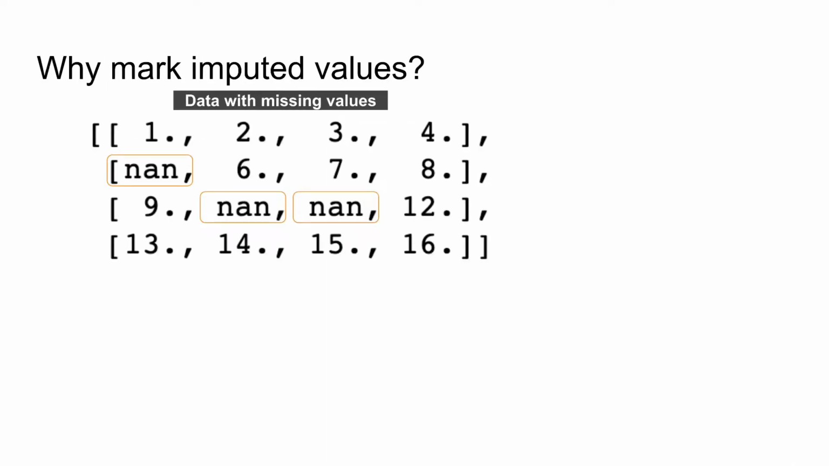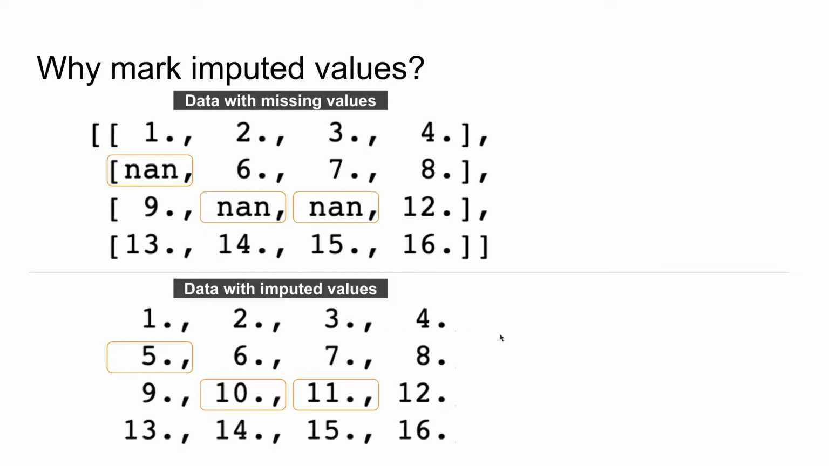Here's an example. We have this data set which has four features, four columns, and in the first three columns there are missing values denoted by NaNs in these orange outlined boxes. In previous videos we have seen methods in which we can impute, or replace, these values. So here let's assume that these are the imputed values in these boxes. In the first box, the NaN in the second row is replaced by 5 and so on for the